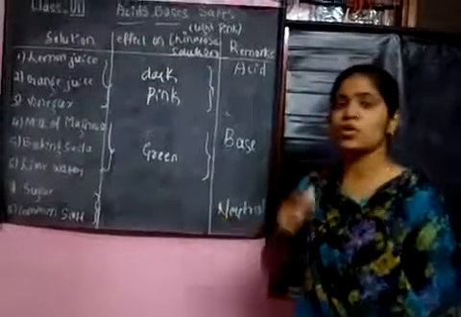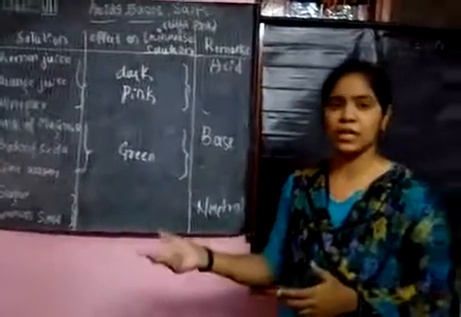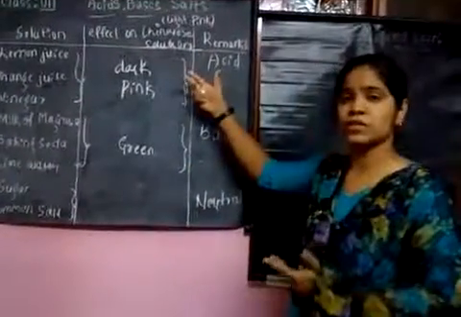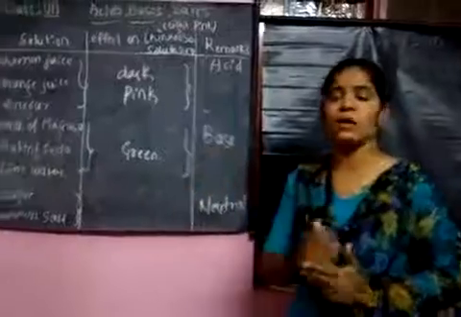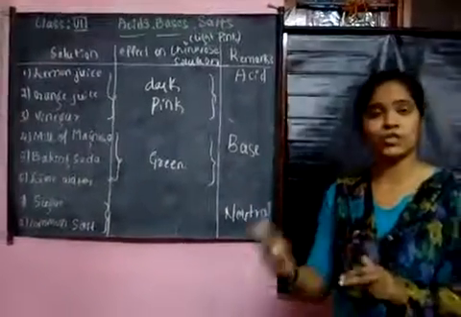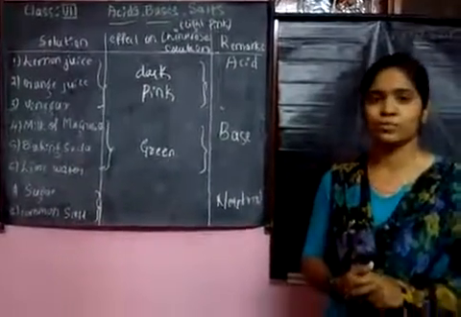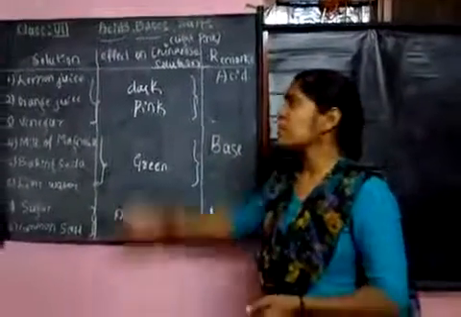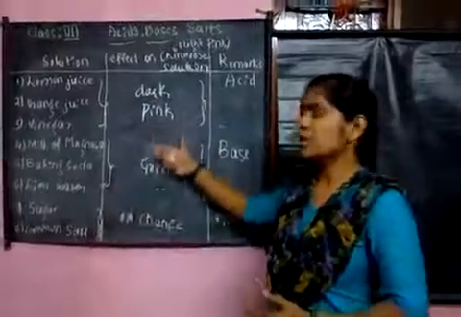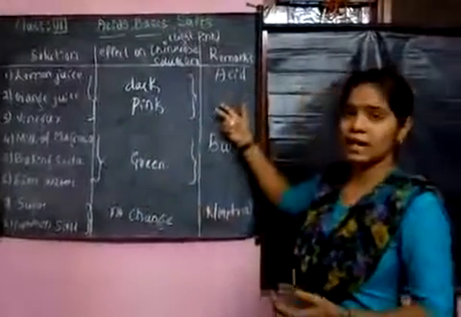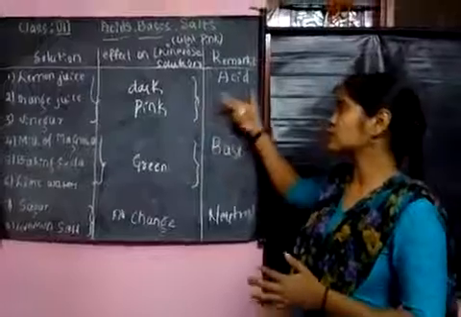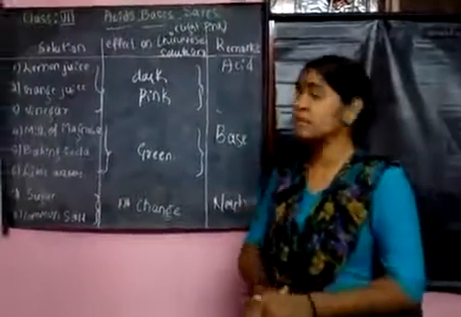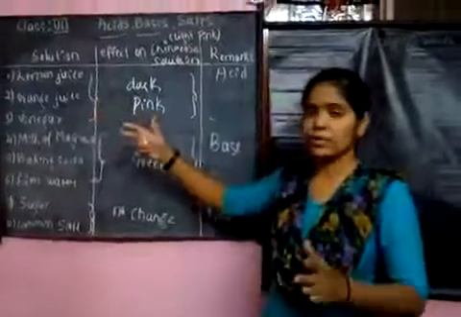So whatever the indicator may be, there will be a change with respect to the acidity and basicity of the materials, and it also changes with the neutral condition. In the textbooks, they have given the solutions and the initial color of the solution, and when we add the indicator to that solution, what is the color change after adding the indicator. So you have to write it, as in the lemon juice example. I am giving you an example.